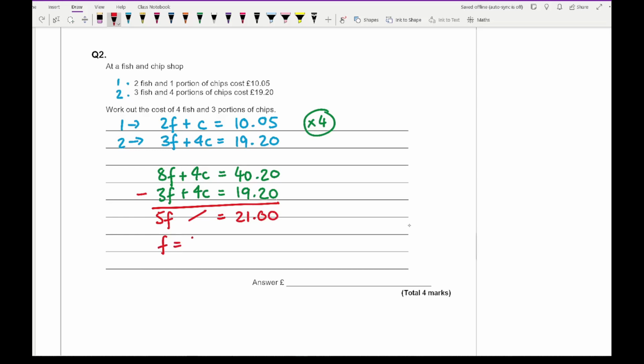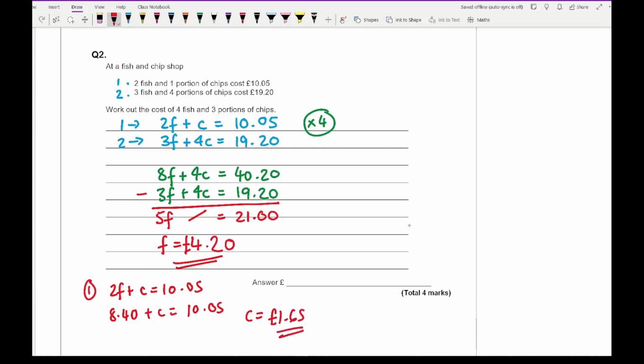So it's £4.20. Then using one of the equations, let's say number 1, we've got 2f plus c equals 10.05. So we know that 2f is going to be £8.40, so 8.40 plus c equals 10.05. So c is therefore going to equal